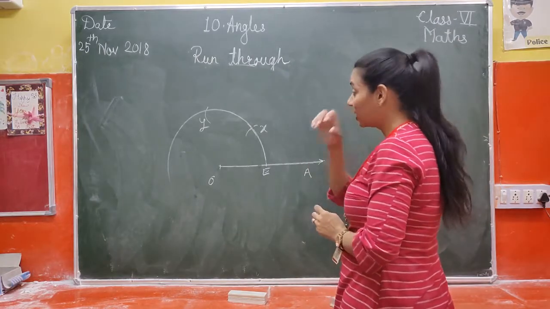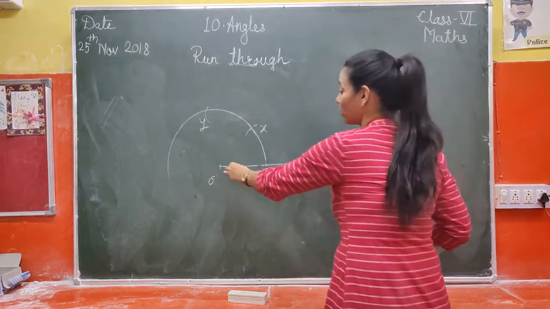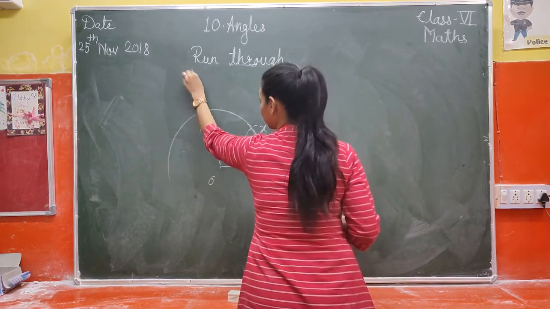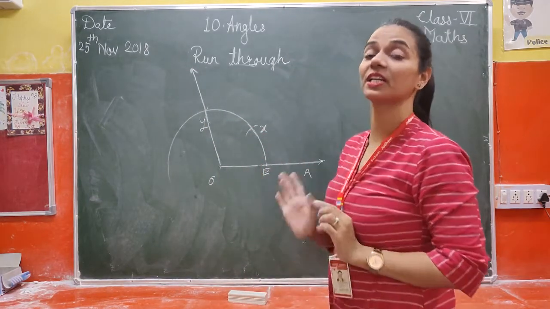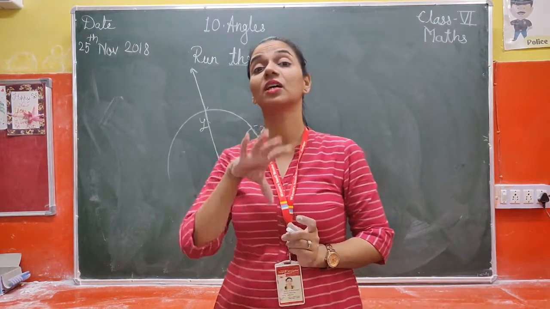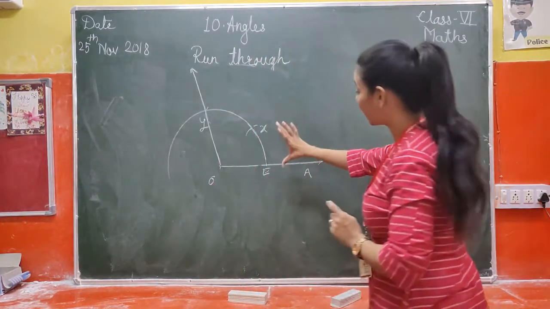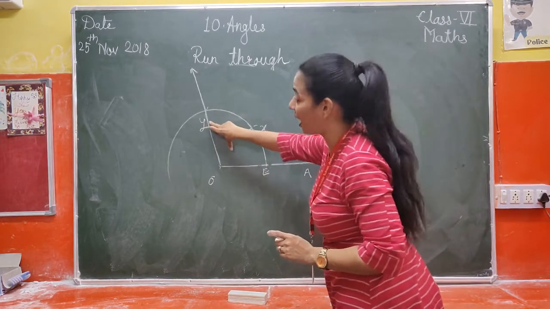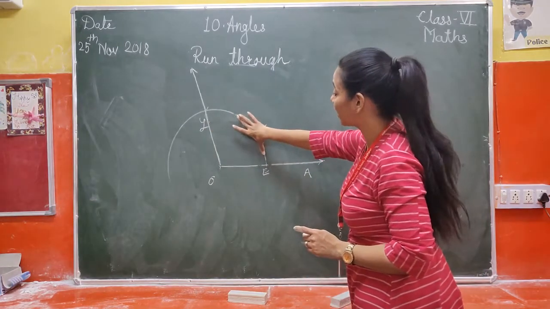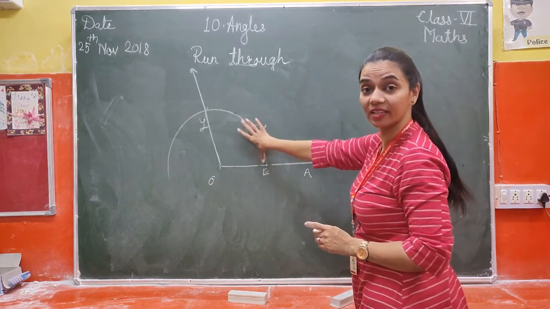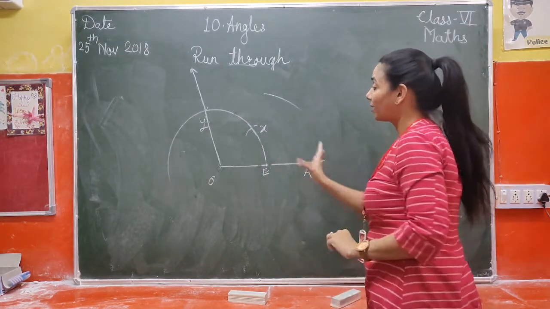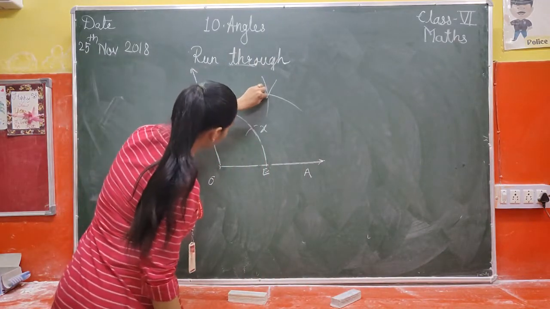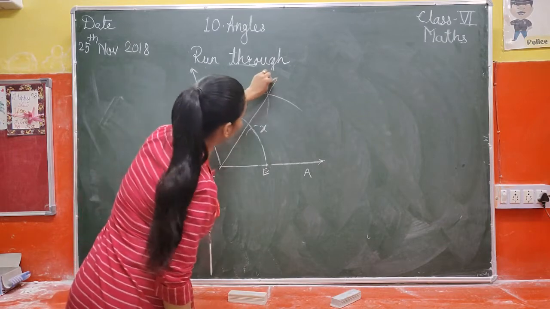Now what you have to do? You have to draw 120 degrees. So 120 degrees will be where you intersect with Y. Now this angle is 120 degrees. Now you have to find the angle bisector. So please take E as the center and a distance greater than EY, right? When you take a radius greater than EY, you can mark one point here, then take Y as a center, mark one more point, and the point of intersection will be the angle bisector.